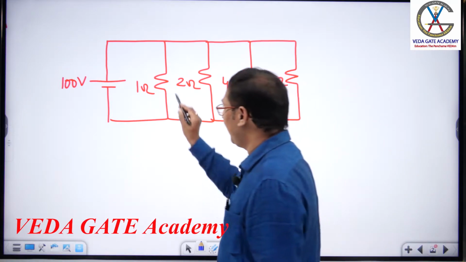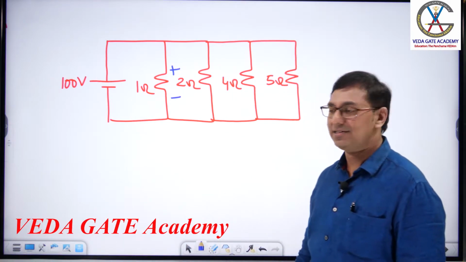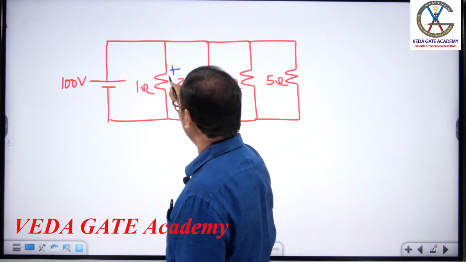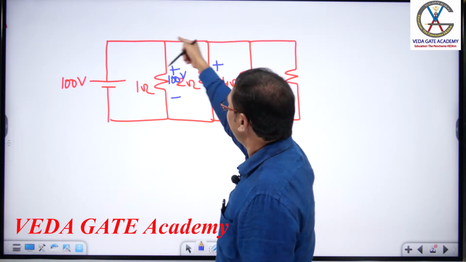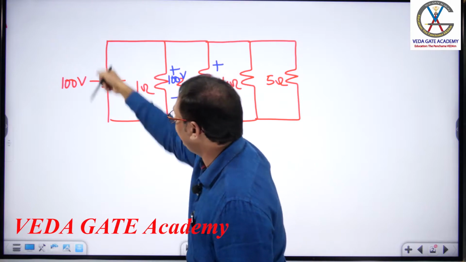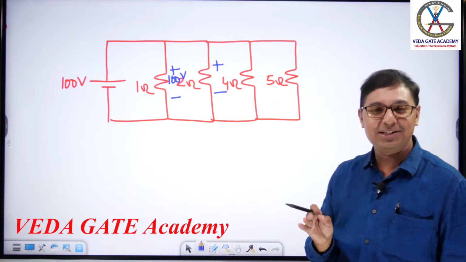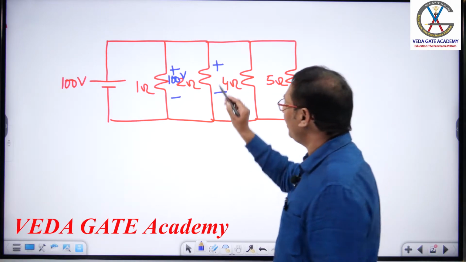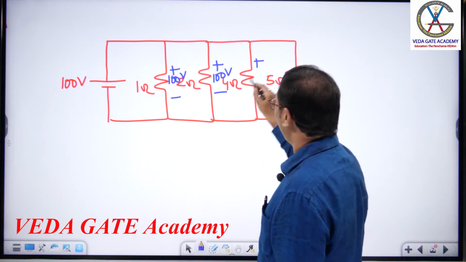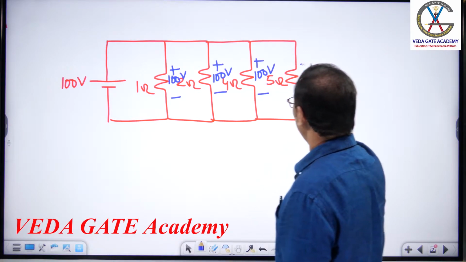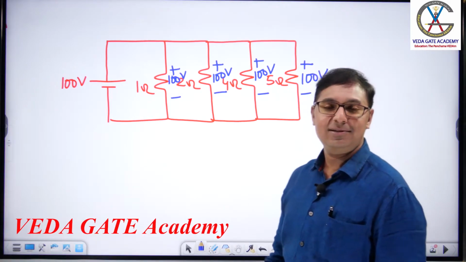Why is the voltage the same in a parallel connection? To satisfy KVL. Arbitrarily put two polarities here. Started positive, go to negative. What is this voltage? 100 volts. Either you go in a mesh or you go in this loop, both ways you get the answer as 100 volts. These are some basic doubts the students will have. What is this voltage? 100 volts. What is this voltage? 100 volts.